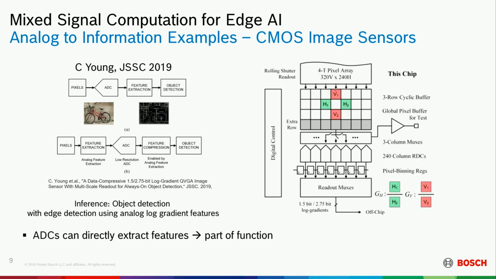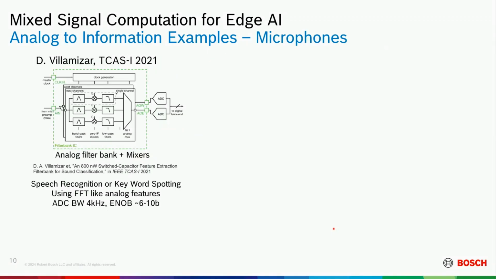Just as an example, the log gradient basically takes the ratios of the horizontal and the vertical pixels. It reads them out of the sensor array, the pixel array, stores them in analog, and then takes a ratio of that, and this ratio goes to a digital converter and outputs only a few bits. So you're only getting a few bits coming out of this, but you're able to do good edge detection and use this for classification. So this is an example of that.